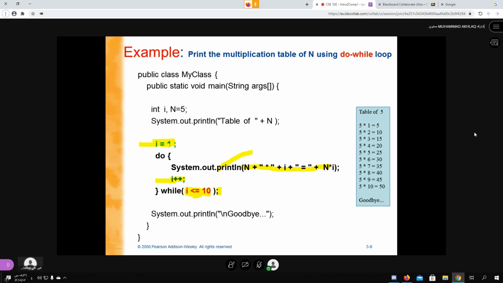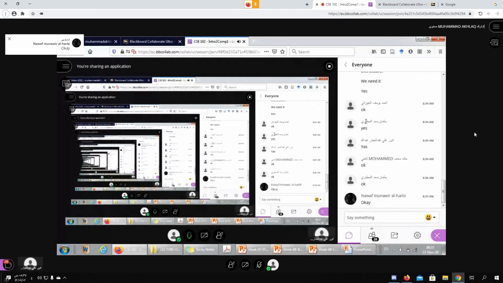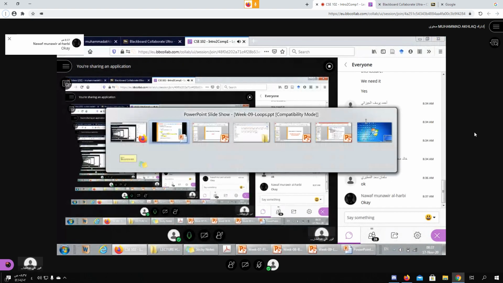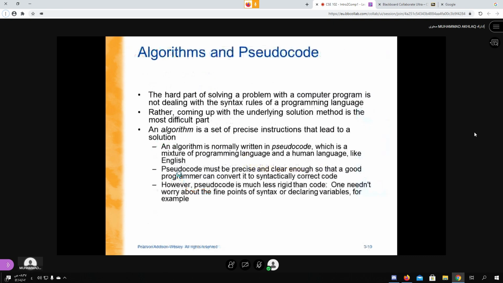Doctor, don't tell me this question is very difficult. Whatever the statements, just look for what is initialization, what is increment or decrement, and what is the condition. Put them in the proper place. Yes, Doctor, the only difference is in the body of the loop, right? Yeah, in while and do while there is a difference only in the body of the loop, but the for loop is much different.